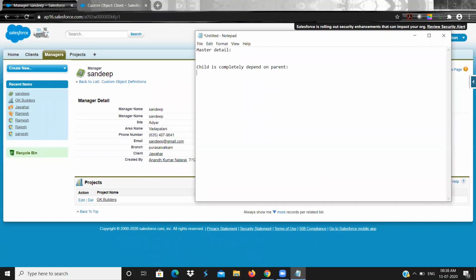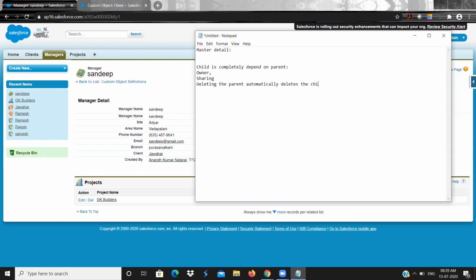What the child depends on the parent for is the owner and sharing, and deleting the parent automatically deletes the child.